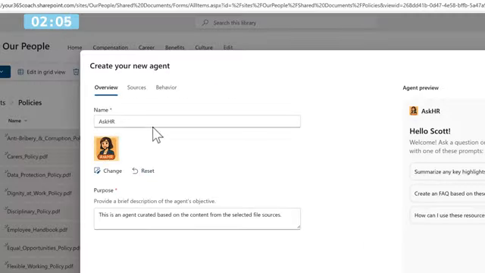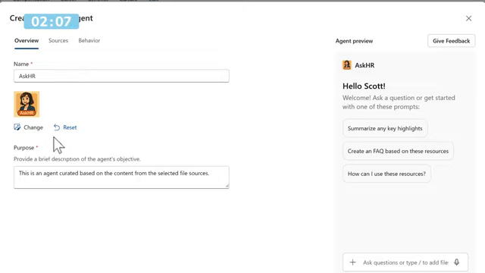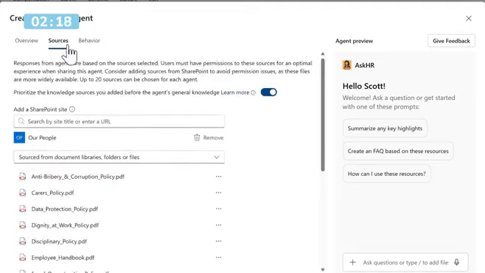Bringing this now in, we can see our new icon for our new agent. I'm also going to provide a brief description of this agent's objective, designed to help with questions around HR policies and procedures. Head over to the Sources tab and we'll immediately see that its knowledge is already built of all of